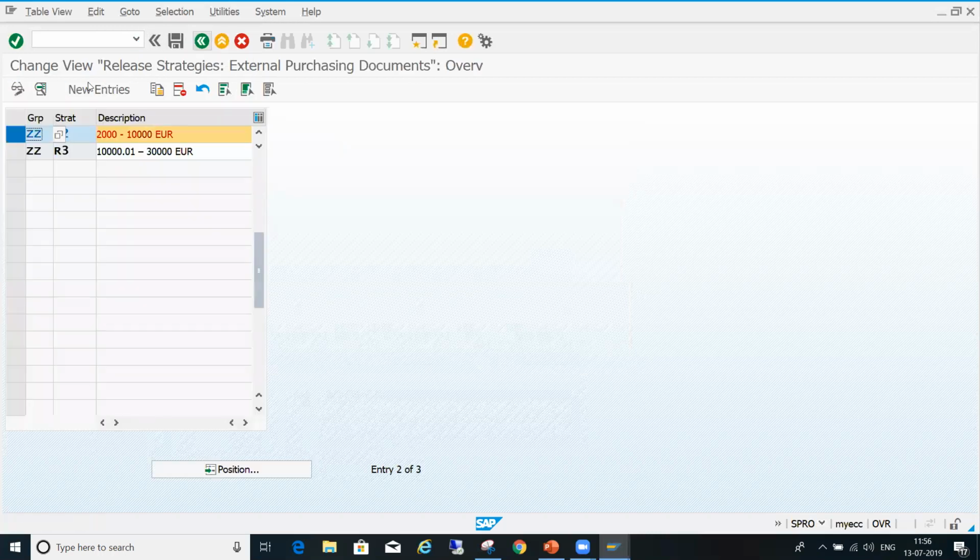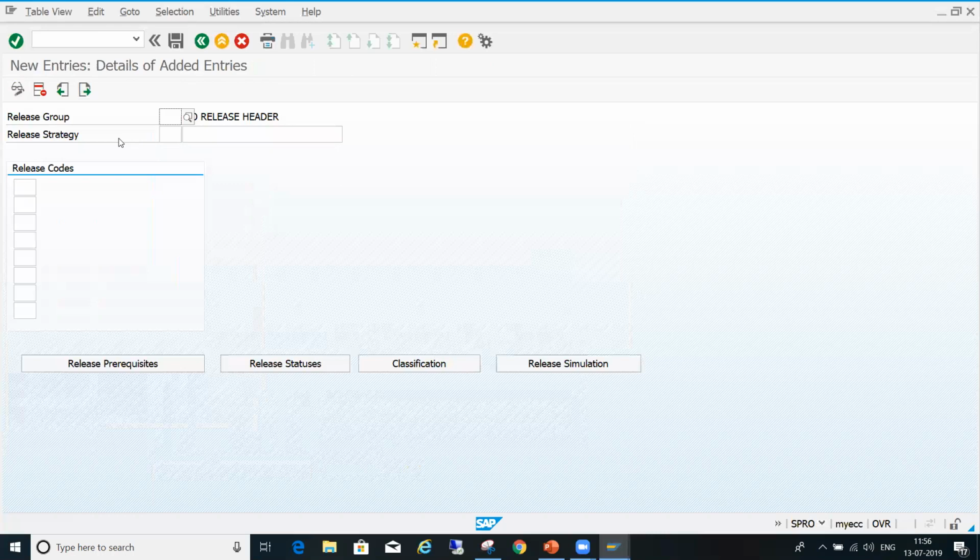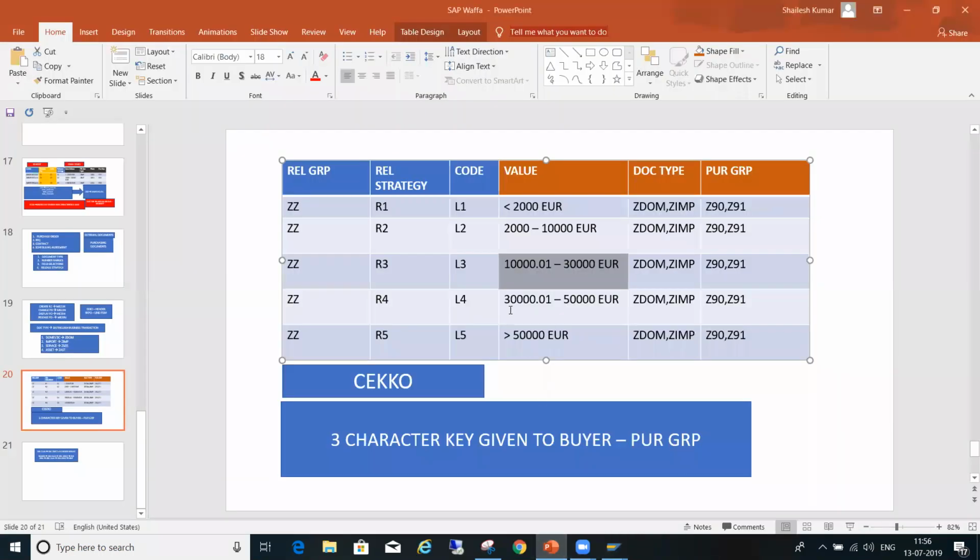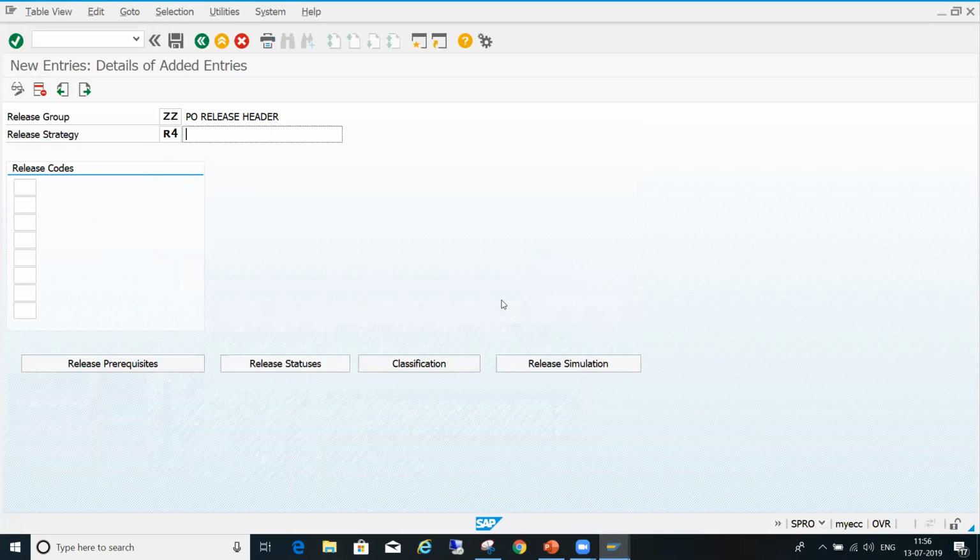Then come back, new entry, fourth one, R4. What is the fourth one value? This one. This is the fourth. L1, L2, L3, L4.